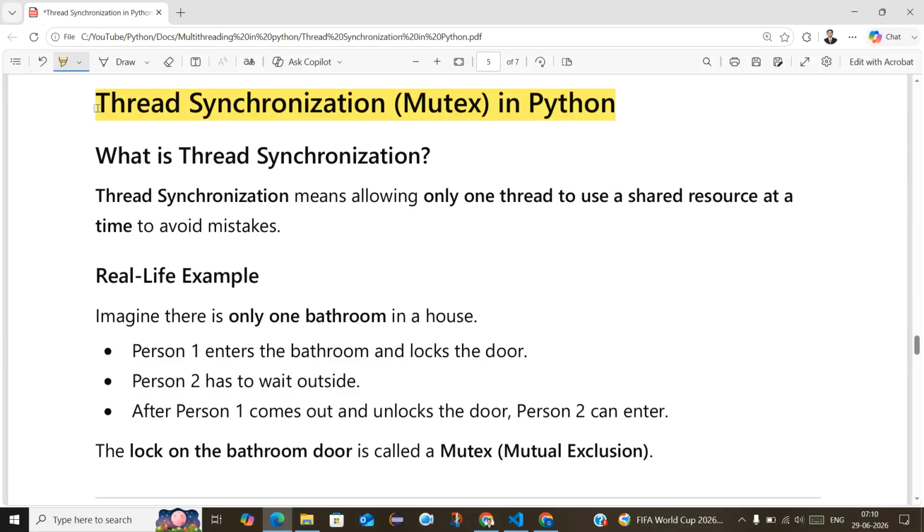Hi friends, in this video we are going to learn thread synchronization, that is the mutex, in Python. So what is thread synchronization? Thread synchronization means allowing only one thread to use a shared resource at a time to